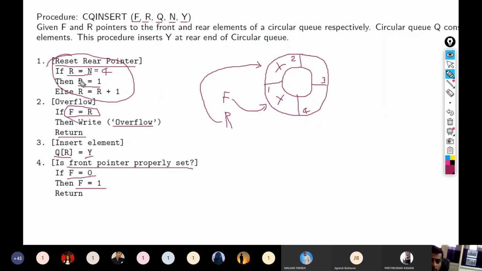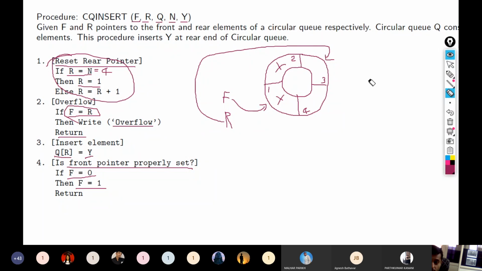No, F right now is 1, so no need to update it. Then again if I run the algorithm, is R equal to n? No. So I will increment R from this to the next element, right? R will be incremented by 1. So the rear pointer would be updated first, and I will check for overflow. If F equals R, no, right? So Q of R equals y.